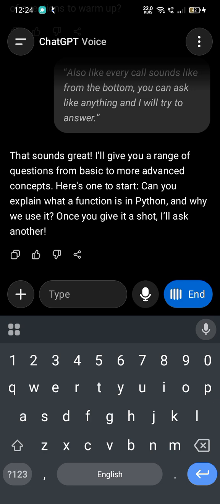Okay, so a function we use to do a specific task, where we use the def keyword and we make a function, and then we call it. The thing that we return inside the function, we get when we call the function. So a function is a kind of reusable code that we write for any specific thing that we do.